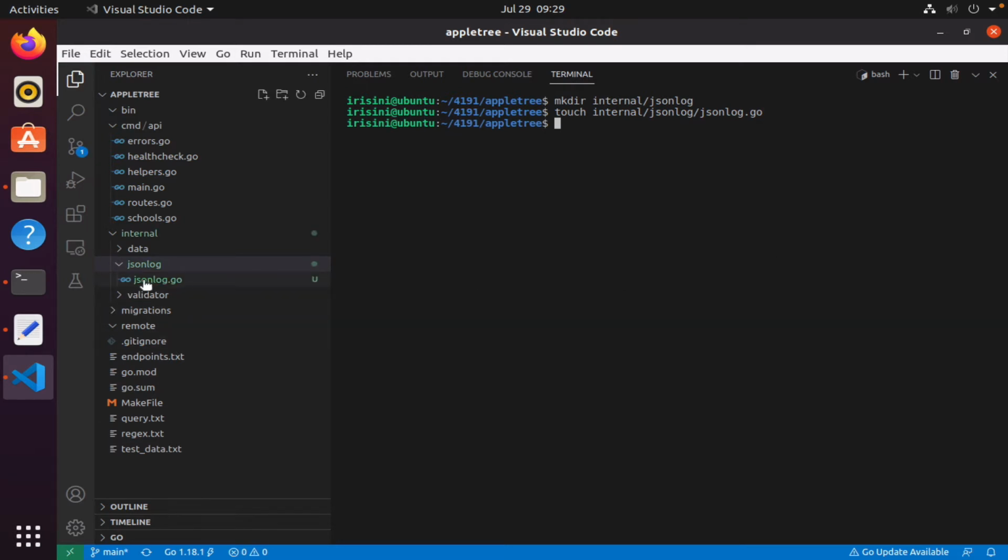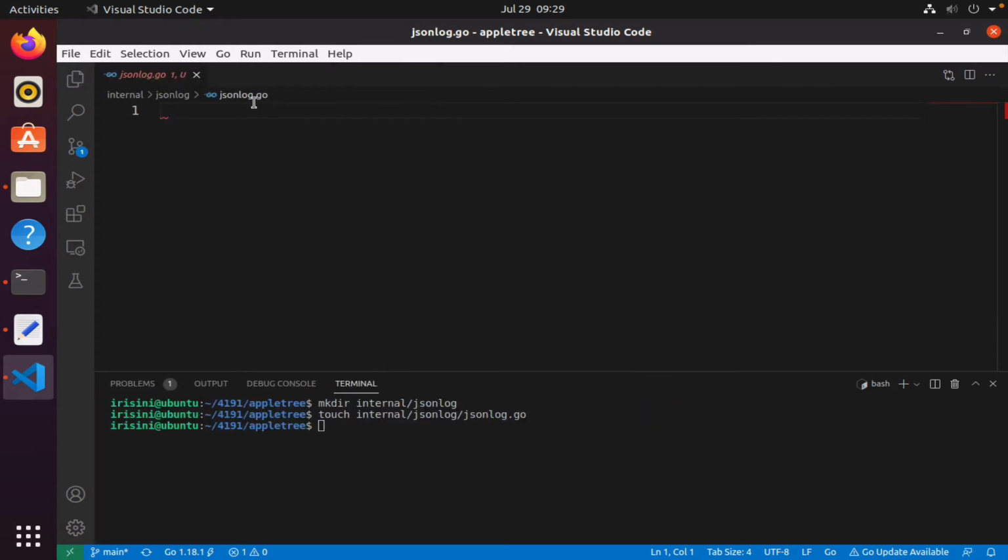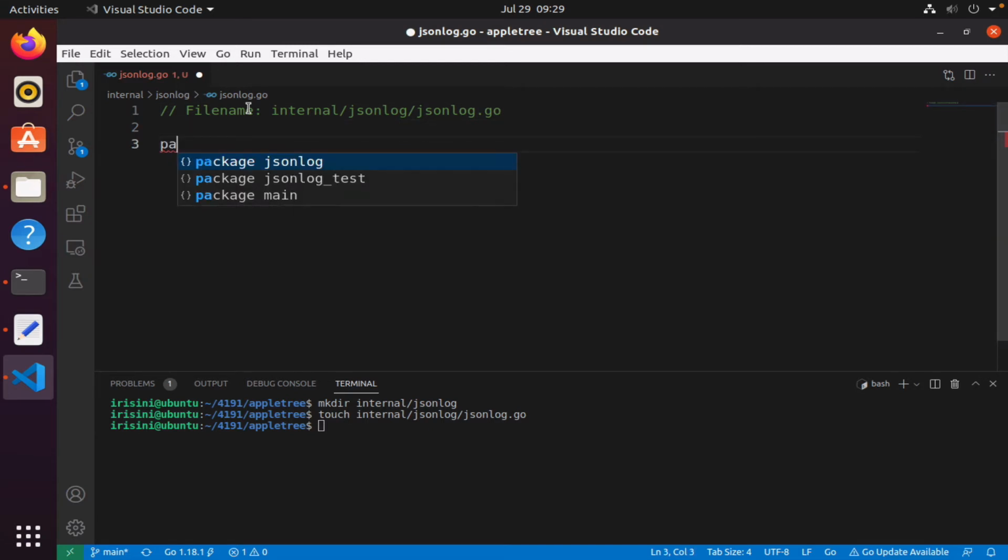So we have our file right here, and let's start writing our code. So of course, the file name will be internal. Great. So we'll have our package jsonlog,